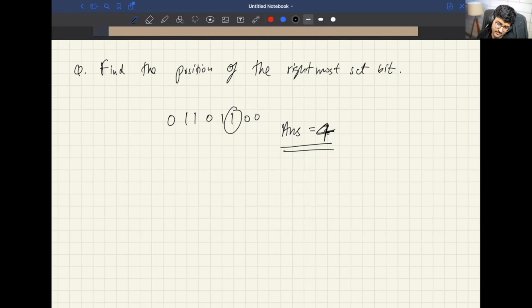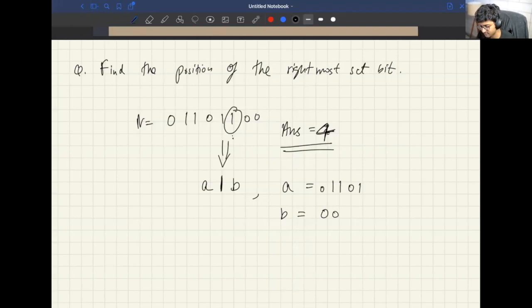Divide the bit result number by 2. What is that going to do? I'll give you a pattern and then you can think about it. So the pattern for this number n is equal to this. I can represent this in such a way: 1 comes over here, this part is going to contain B, and this is going to contain A, where A is equal to 1 1 0 1, and B is equal to 0. Sound good?